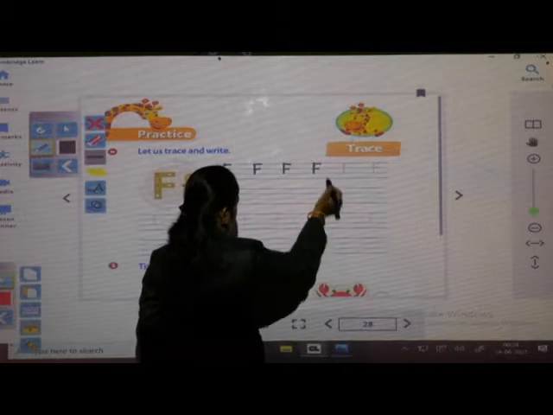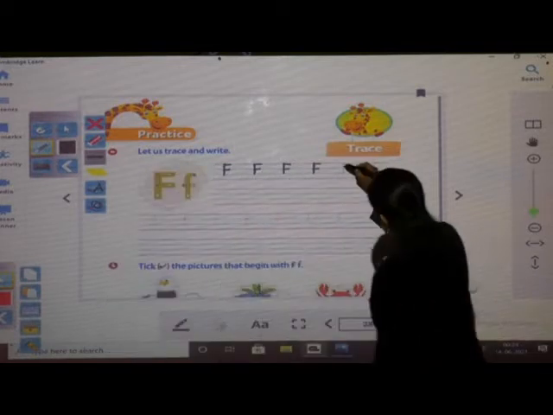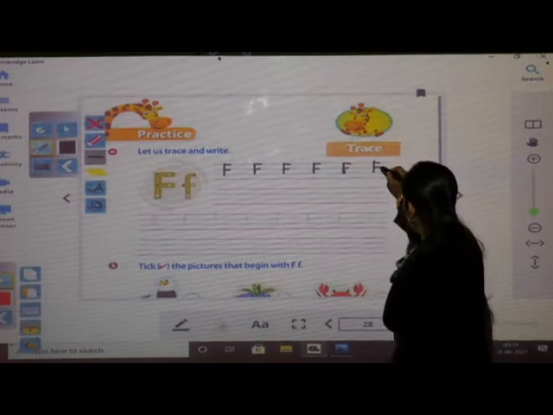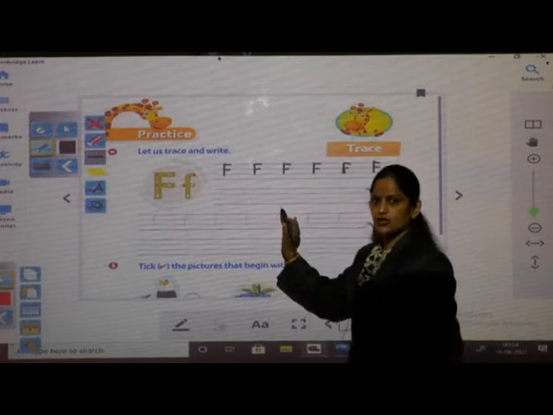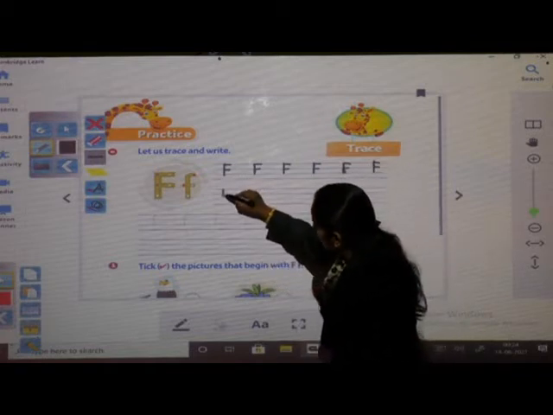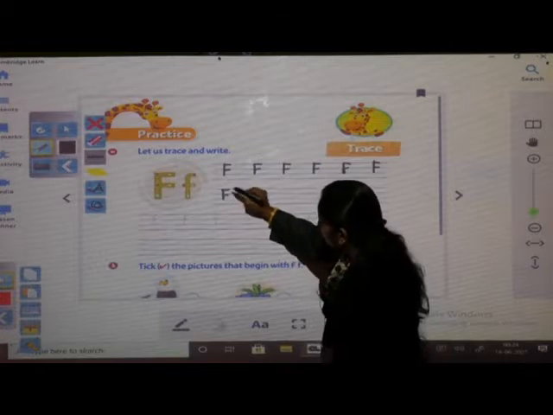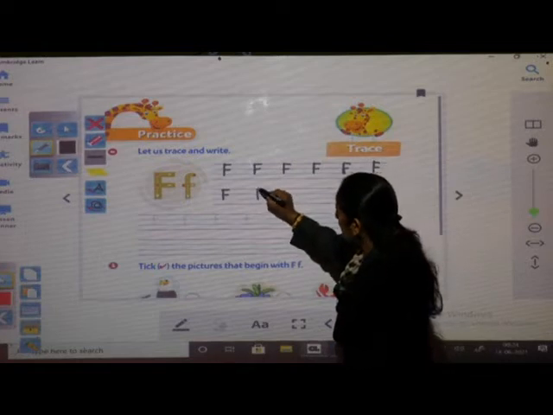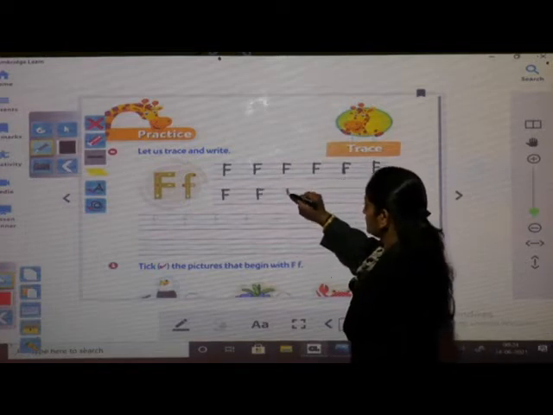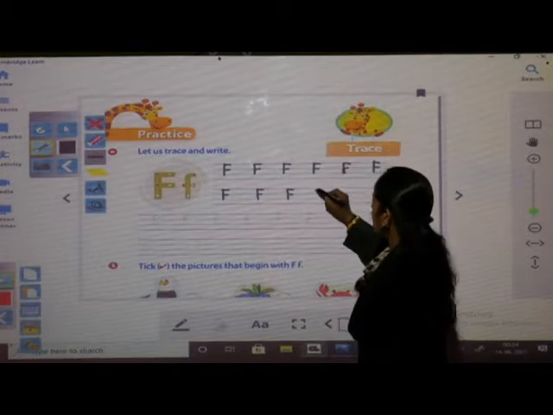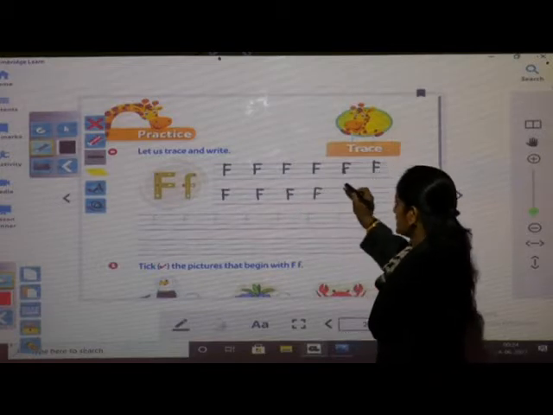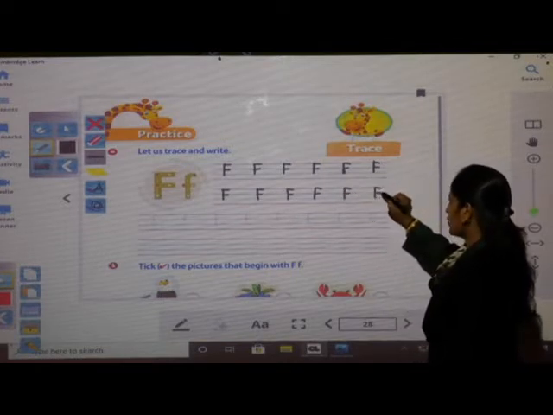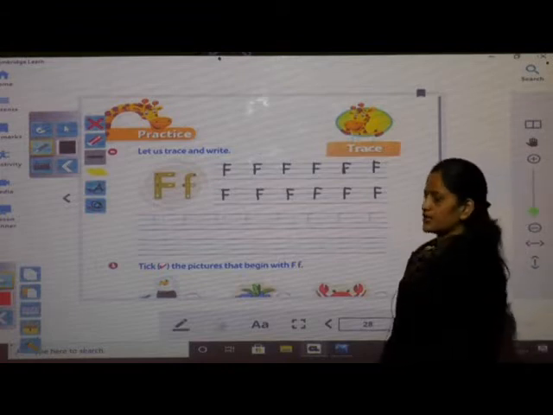Capital letter F. One more time in this line also we have to practice. Start with the red line, end to the blue line and 2 small slipping lines. Letter capital F. And what is the phonic sound of letter F? F. Only you have to blow the air from your mouth. Okay? Yes. Letter capital F. You have to write along with teacher. Okay? In good handwriting. Write in proper formations.